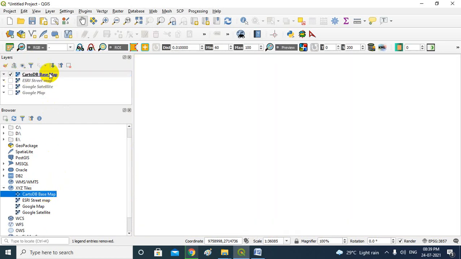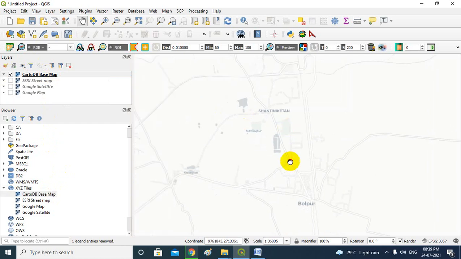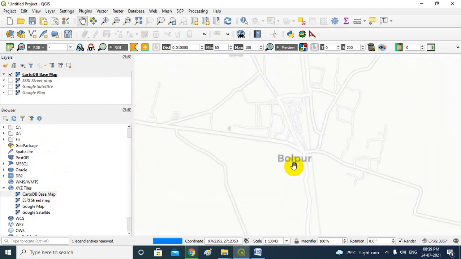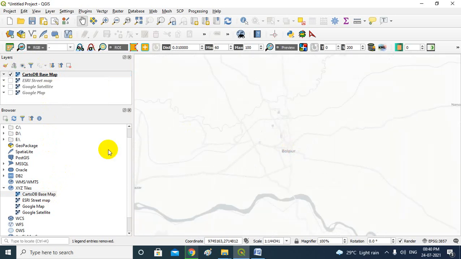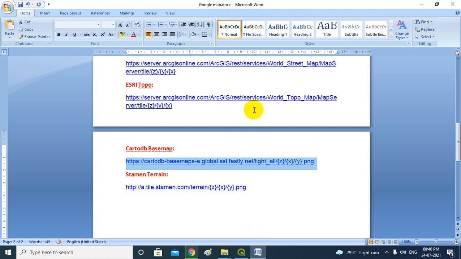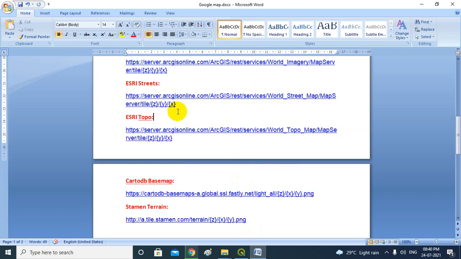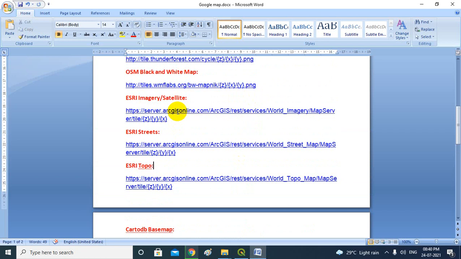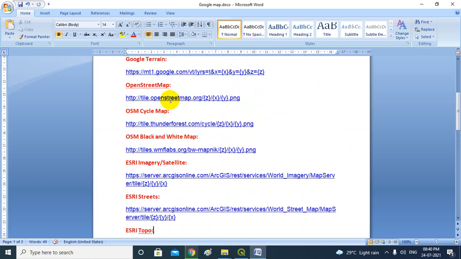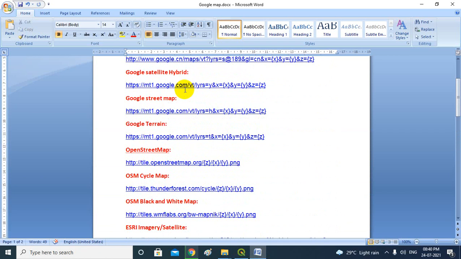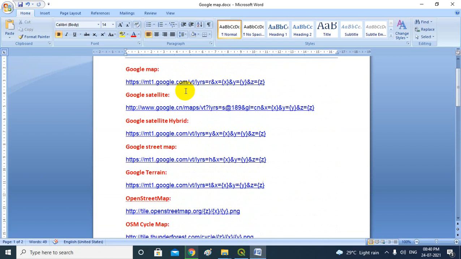So you can see the CartoDB base map view. This is the CartoDB base map view. Okay. So in this video I'm just going to show you, but many other such types of Esri topographic map you can add, Esri satellite image, satellite map if you want to add, OpenStreetMap if you want to add, all are possible in this way.